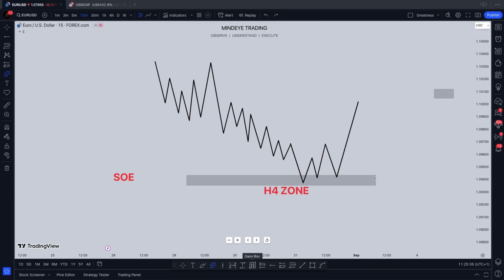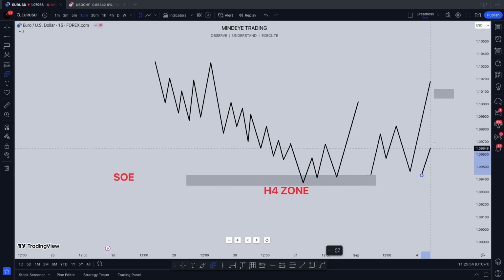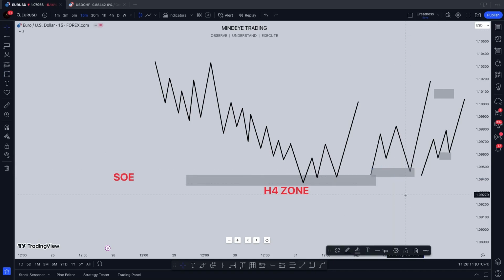What do I mean? The one that comes with inducement usually does something like this, from this same zone. While the one that just uses order flow does something like this from this same zone, something like this. This here is the order flow, market using order flow, fractal nature of the market, while this here is market using still order flow but inducement,